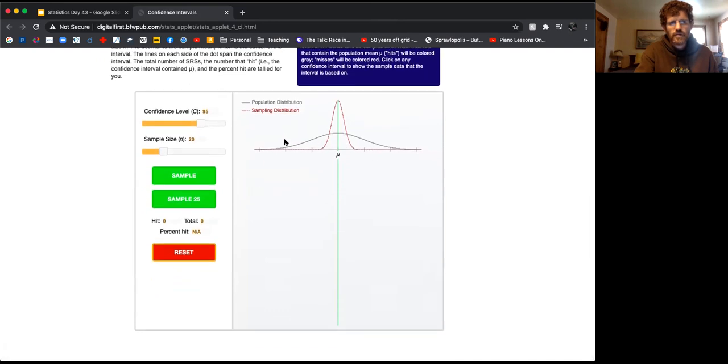So here's our population distribution. Here's a sampling distribution. So we have a sample size of 20. Notice, and this is just a reminder from stuff in the past, if I change my sample size to 50, notice what happens to the sampling distribution. It looks like our population distribution changed, but really it was just shrinking down so we can make room for the higher peak in our sampling distribution. And notice the width of our sampling distribution as I go up higher.